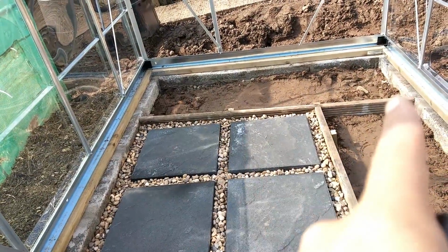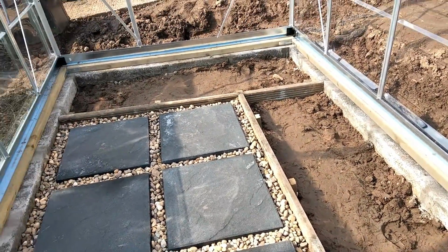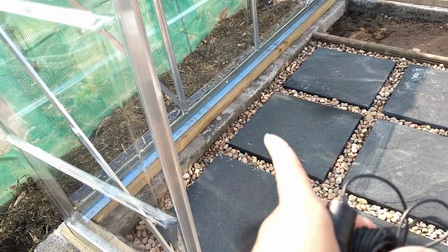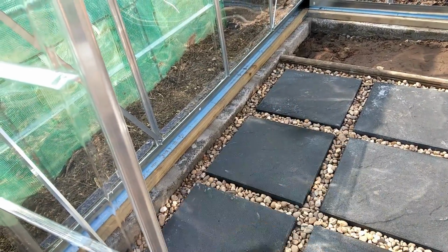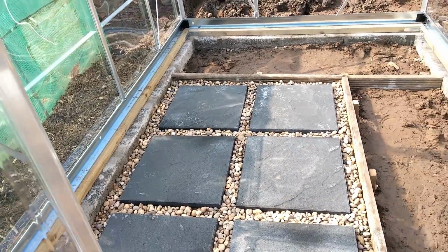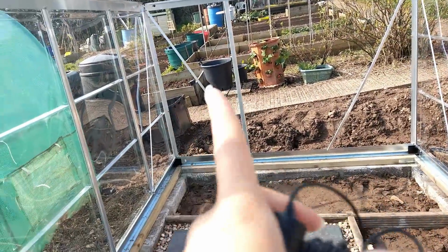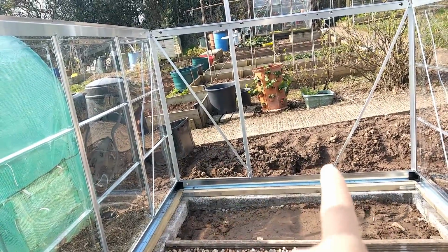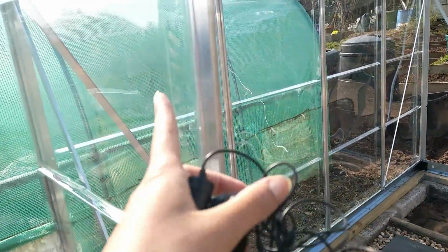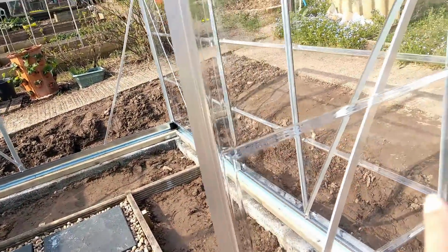So we've got one bed there, one bed here. Those will be for tomatoes and chilies and I think a cucumber. Over this side I'm going to have a potting table and then just a few tools there, like maybe a little water butt or watering cans. And as you can see, the plastic or polycarbonate is not in the back. We've got that one missing, so we can't go any further. Polycarbonate's all in on this side, on the front here, on the front there. And we just need to take this soil now